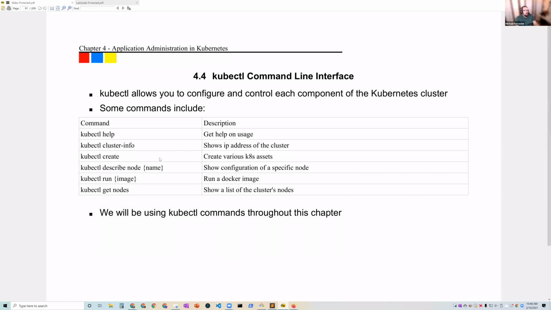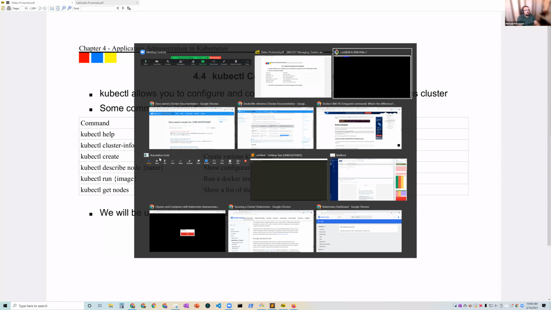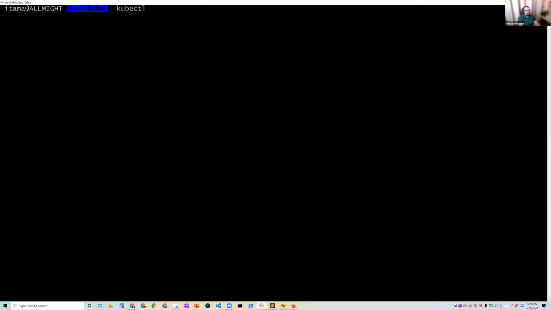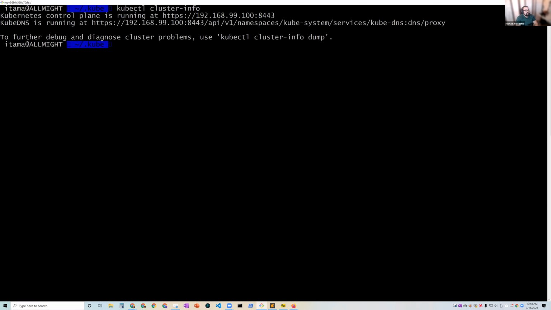Okay, now, what does kubectl cluster-info tell us? Well, as you suspect, basically just gives us some basic information about our cluster, right? By the way, it does show you, if you want to dump all the information about the cluster, if you want to debug and diagnose problems. One of my favorite commands